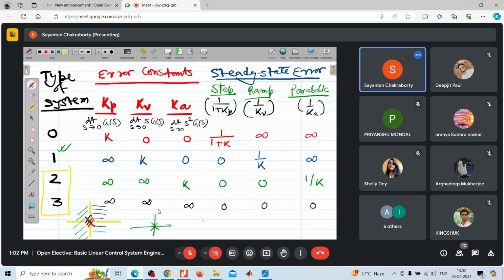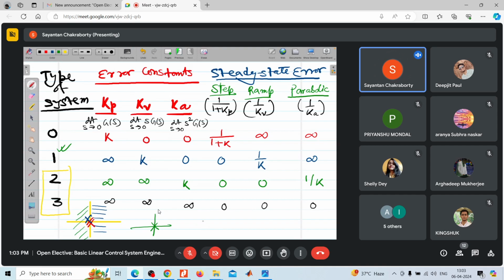So although it improves the steady state behavior, due to the stability considerations, we cannot always go ahead with type 2 or type 3 systems. We have to give enough consideration. We have to consider the stability issues or stabilization problem while dealing with type 2 or type 3 systems,